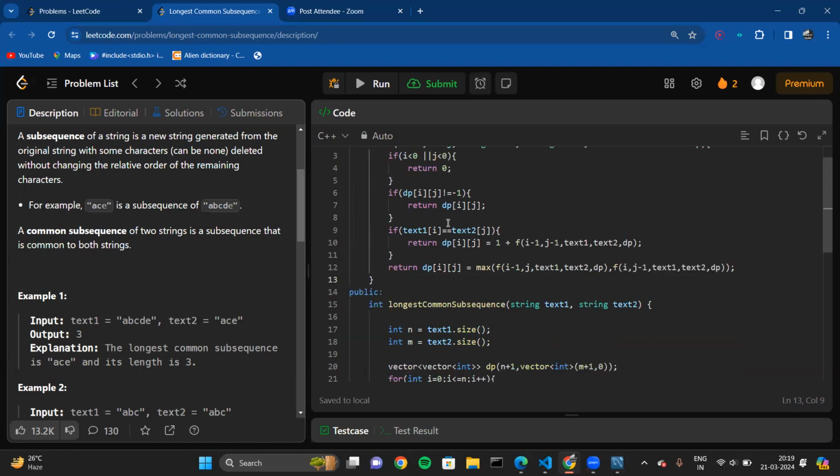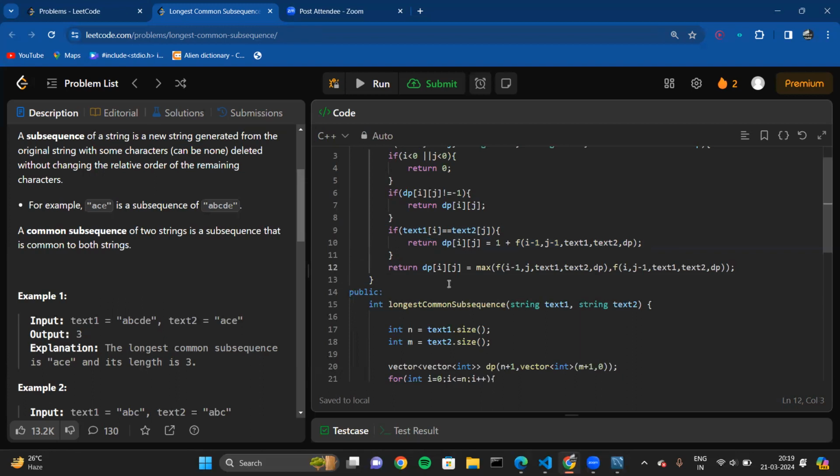What we will do, we will first check text of i and text of j. If text of i equals text of j, what we will do? We will simply add one because it is added into our subsequence, and then move forward, decrementing both